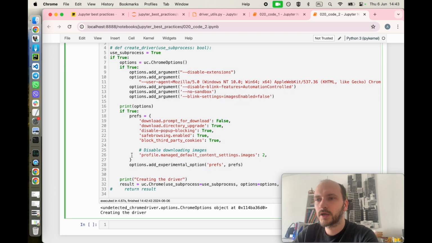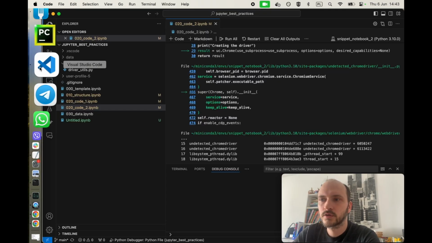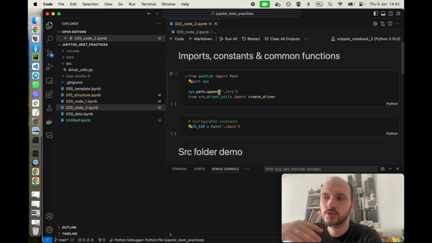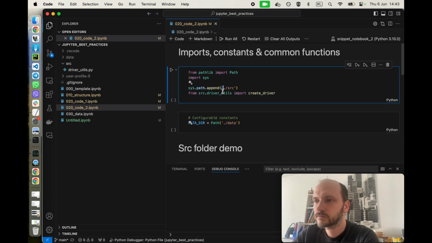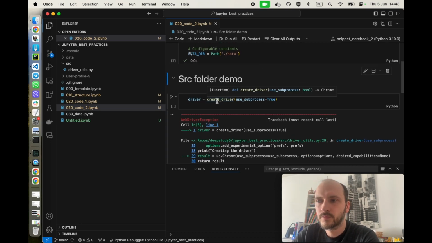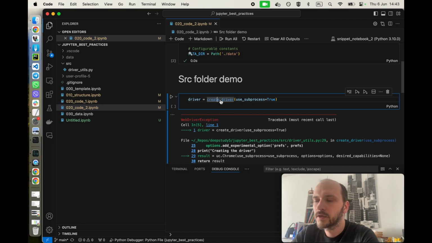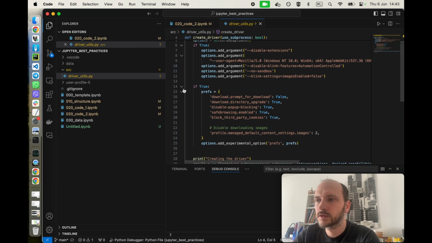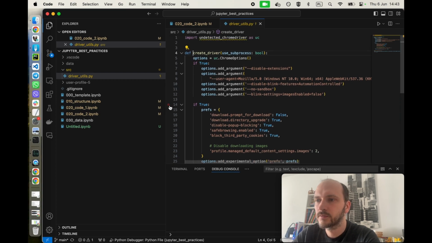So if you want to debug the code, a better option is to use VS Code for that. VS Code is super handy, and it allows you to connect the debugger to your notebook code. So I will show you what it looks like. So I have VS Code here, and I've just executed these cells. And let's say I have some problem with this create driver function. I can Control or Command click on the function to go to definition, which is not possible in Jupyter. And now I see the file is selected,